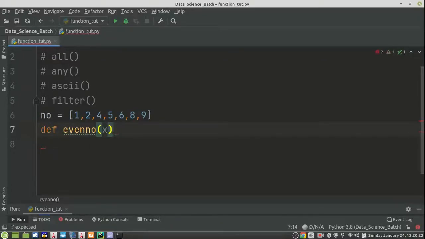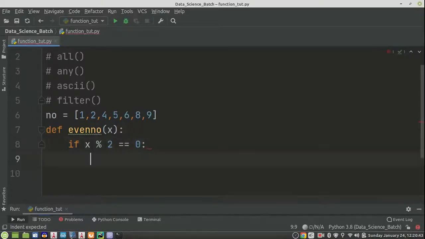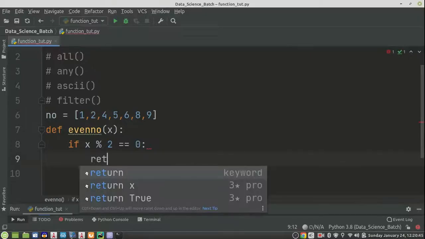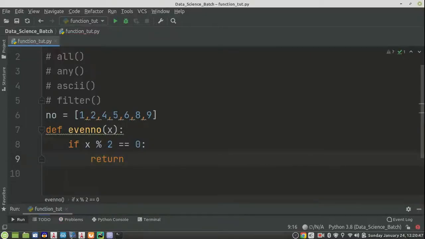And then I write the logic. The simplest logic of this is x mod 2 equals to 0, so it means it is an even number. So I will return true. Otherwise I will return false.